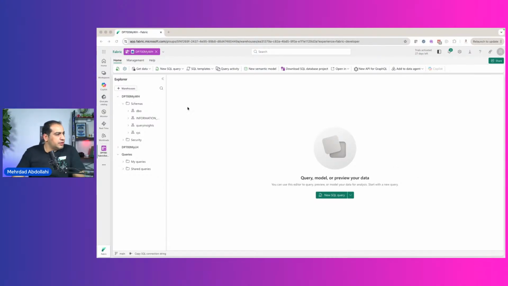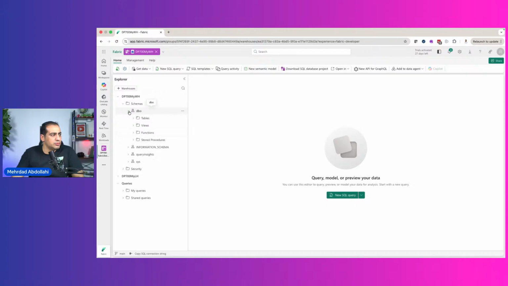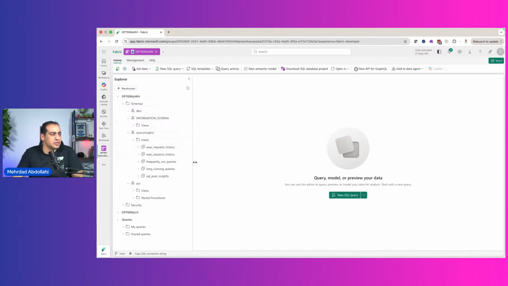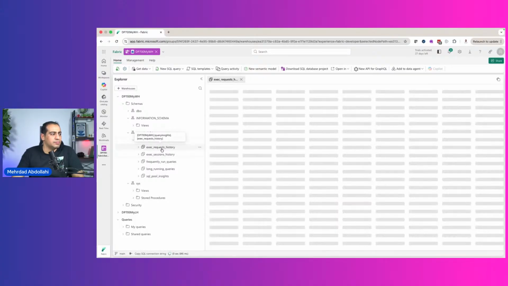Cool. Yeah, in our warehouse, as you can see, you have the list of schemas. Some schemas are built in. Basically, we have the DBO, where you can have your tables and views, and some schemas that are created by Fabric itself, which are the query insights. There are some views where you can find out the history of the requests that were